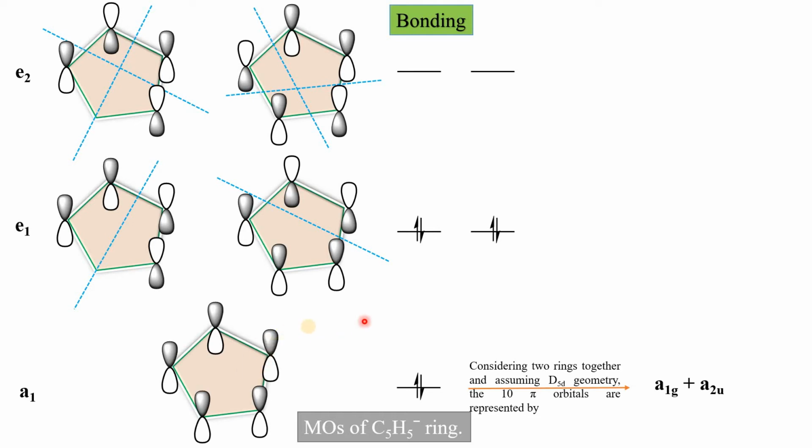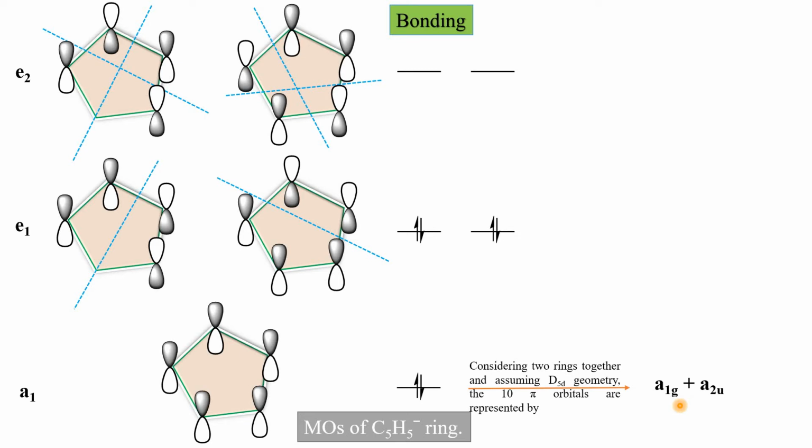So this is a representation, but we can change the orientation of one ring with respect to the other, and we can draw the other orbital. So A1g and A2u. There is one more term, g and u, coming. G stands for gerade, which means even in the German language, and u stands for ungerade, which means odd. So if there is a change in the sign of the wave function through the inversion center, then it is u, ungerade. If there is no change in the sign with respect to the inversion center, then it is g.